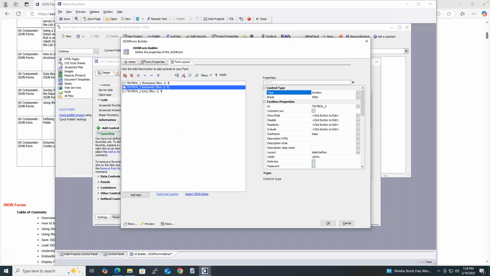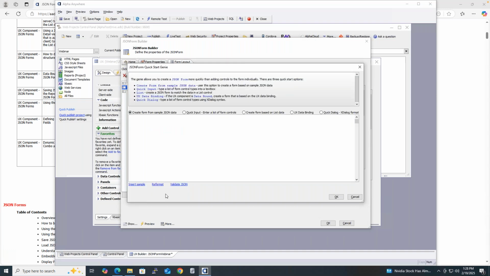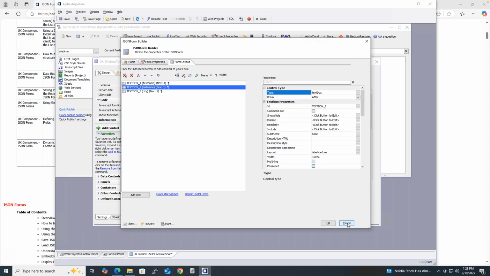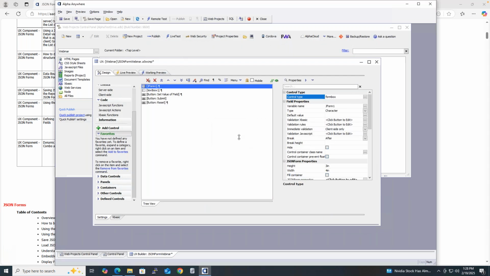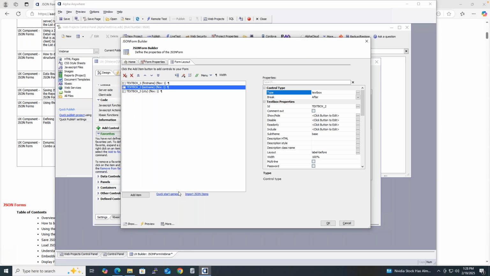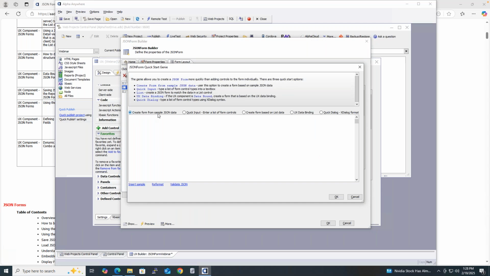Cancel. Quick Start Genie. Okay, so the Quick Start Genie you'll find when you insert a JSON form and you double click on it to open properties. You're going to find a link here which says Quick Start Genies. If I click Quick Start Genies, it says create form from sample JSON data. So you could just paste in any JSON object right here and have it build the thing out for you,